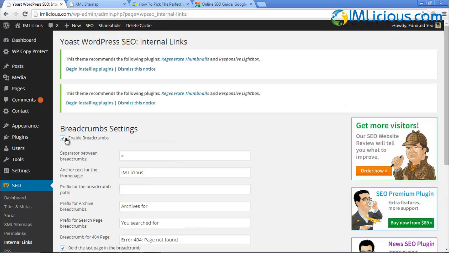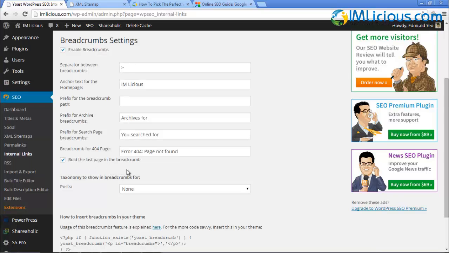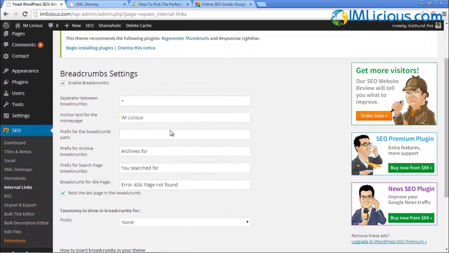So normally I'll just enable it, and then the separator I'll just put it as this, and then the anchor text for the home page I'll just put it as I'm Licious, and then bold the last page in the breadcrumb. Okay, so if you're not sure how this looks like, I'll show you on my website that contain all